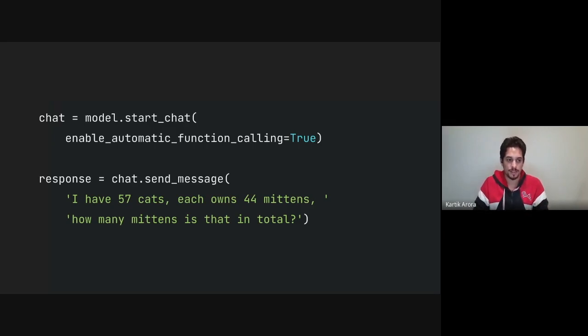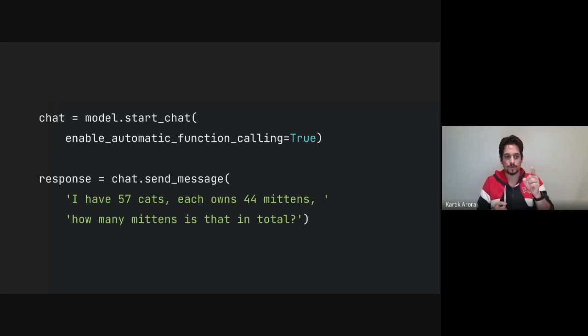For example, we've enabled automatic function calling here. So when you ask a question like, you have 57 cats and each has 44 mittens, how many mittens is that in total? Gemini is smart enough to understand that, okay, I probably need to multiply 57 and 44 to get the answer.